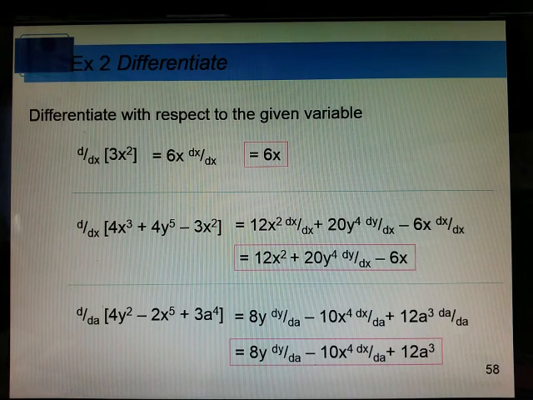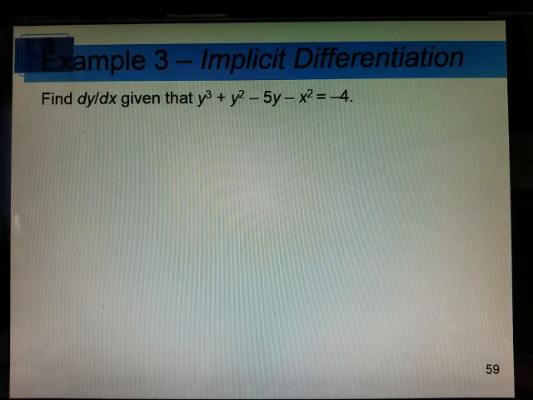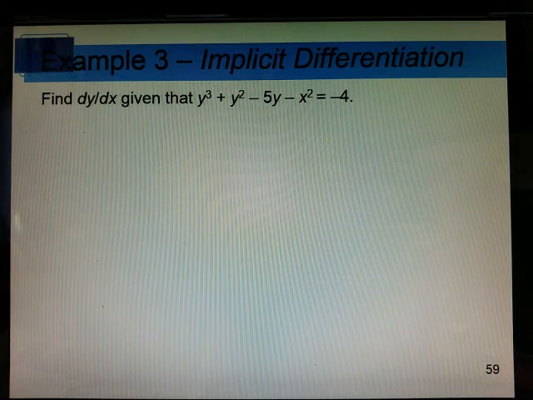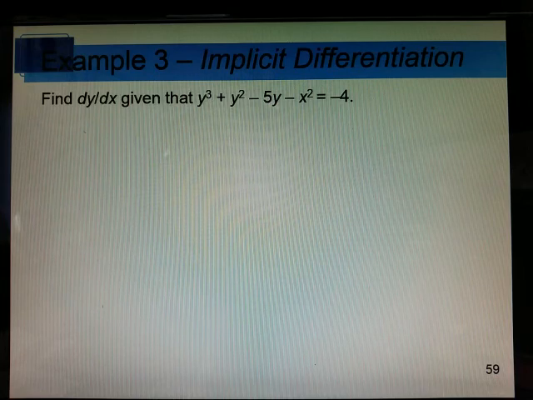So find this derivative given this function. Can I solve for y easily on this problem? I hope you're thinking, no, I cannot. You got y cubed, y squared, minus 5y. I mean, there's just no way of solving for y, not with the skills that we have at this point in our lives. So what we're going to have to do to find the derivative,